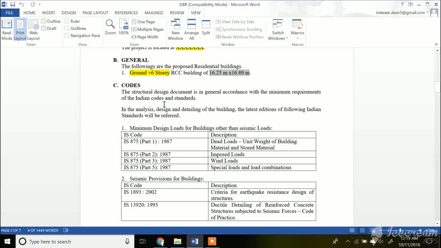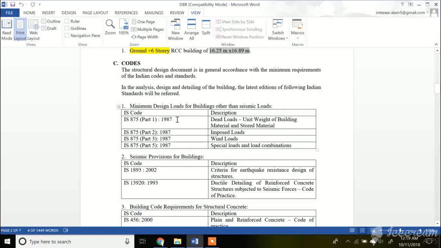Next come your design codes. So we have loading codes, on which I have already uploaded many videos, the loads as per IS 875. IS 875 part 1 is dead loads, IS 875 part 2 is imposed load, that is live load. 875 part 3 is wind load. 875 part 5 is special loads and load combination. Part 4 is